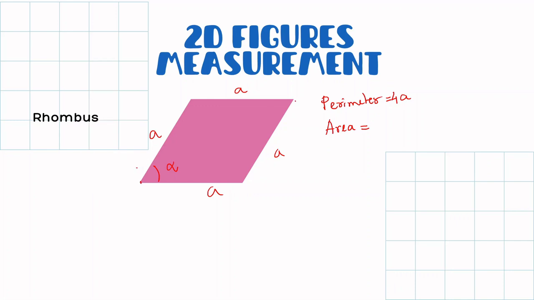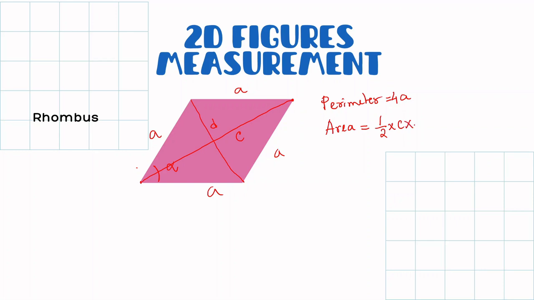Diagonal means you have to connect the two opposite corners with a straight line. Okay, so you have connected these two lines. This is one diagonal and this is another diagonal connecting the opposite corners. So these two opposite corners are connected by a line, and these are two diagonals. If the length of one diagonal is say C and another diagonal is D, then area will be half into